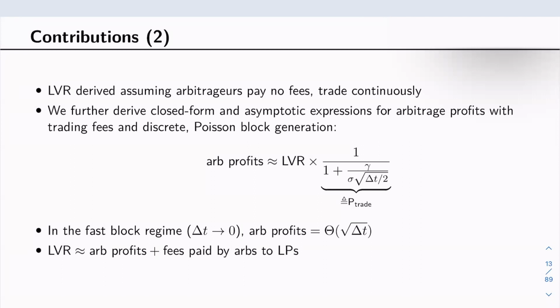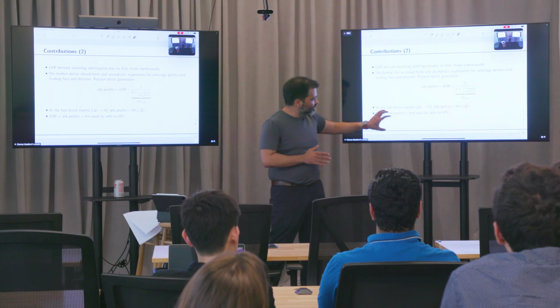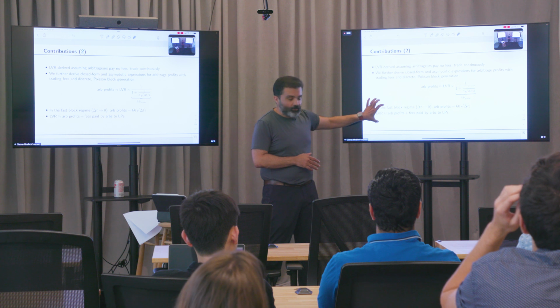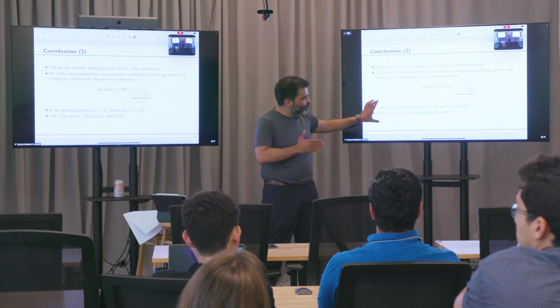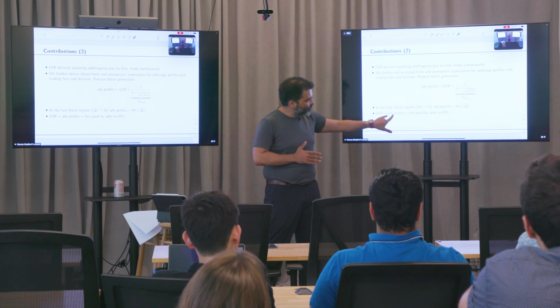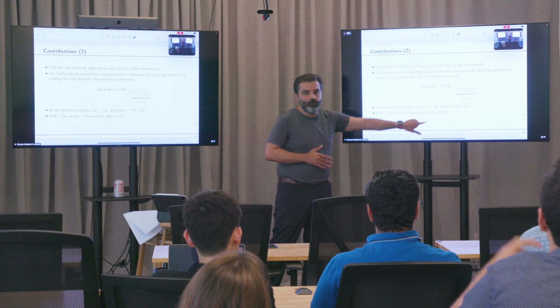And finally, we end up with this really interesting result where we have LVR, again, how much money is paid out in an idealized setting. It turns out that that is roughly equivalent to how much the arbs pay net of fees, plus the fees that they pay. So we can think of introducing fees as this quantity LVR being conserved. If there are no fees, it all goes to the arbs. If we start introducing fees, we start shifting some of that away from the arbitrage profits and more towards the LPs.